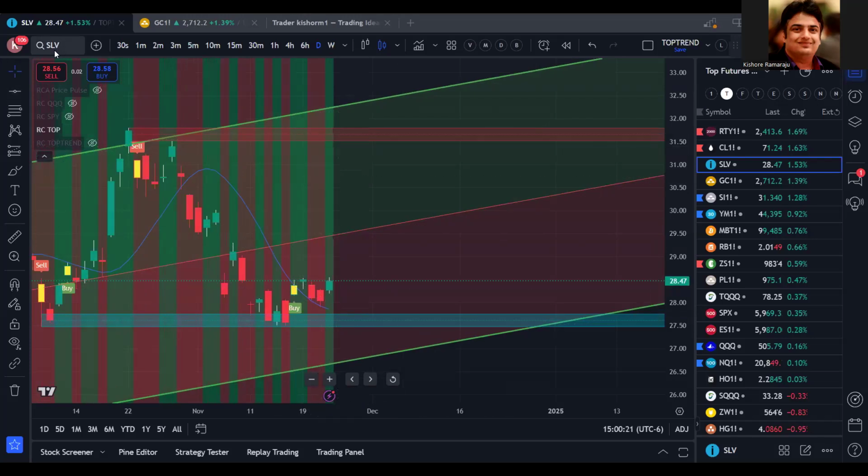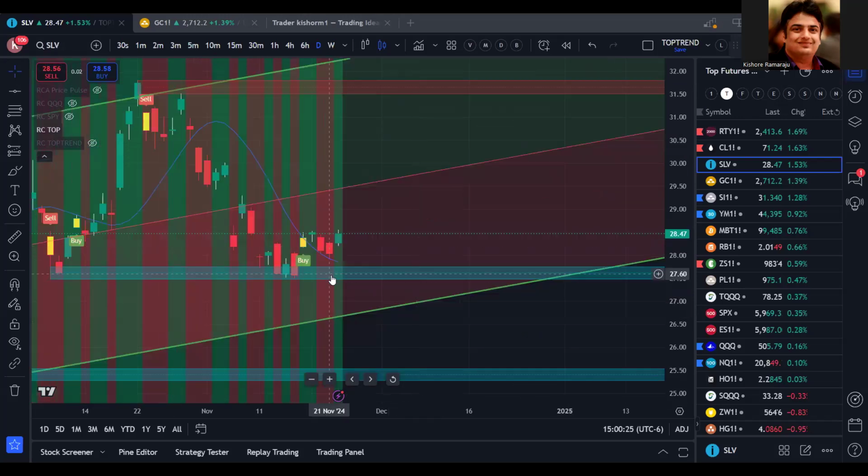If you are an options buyer, you can sell the SLV 28 put or 27.5 put. If you sell the 27.5 put and you are collecting premiums, if it goes up, all the money is yours. Or you buy SLV calls, or you do a bull put spread, right? You sell the 27.5 put and you buy the 27 put or 26 put. As long as it stays above the support, you will make huge profits,